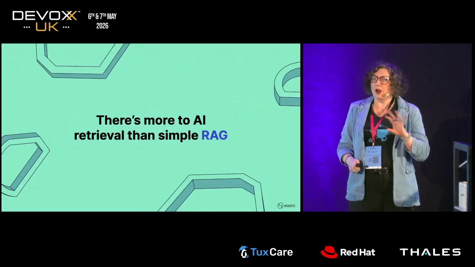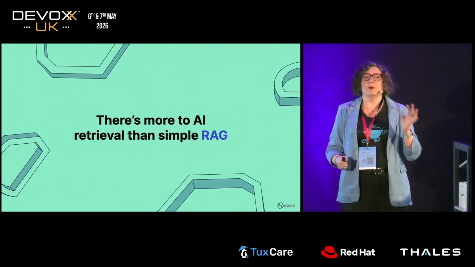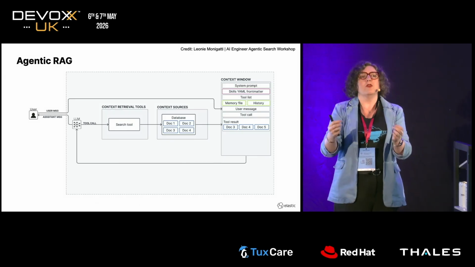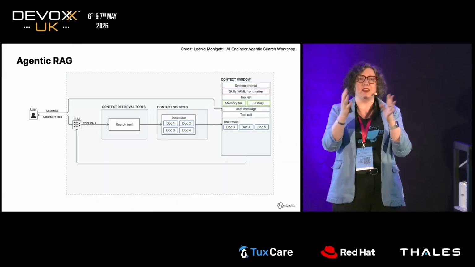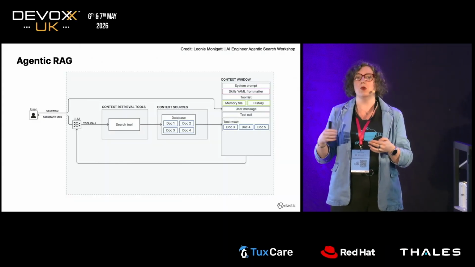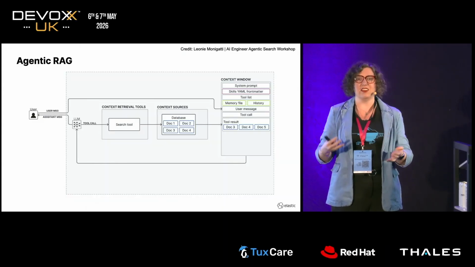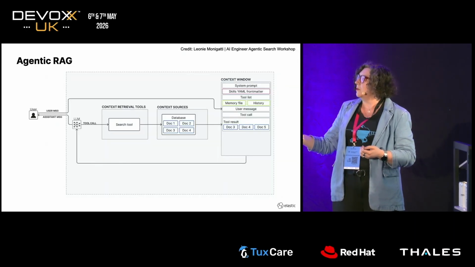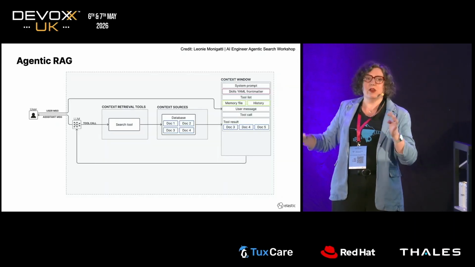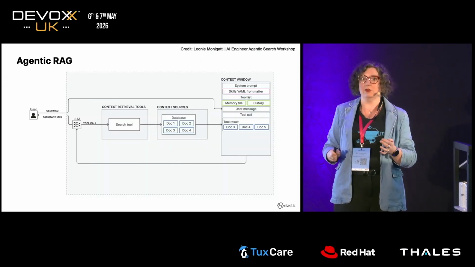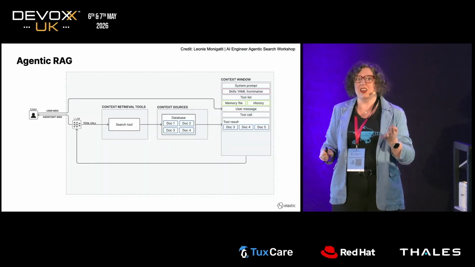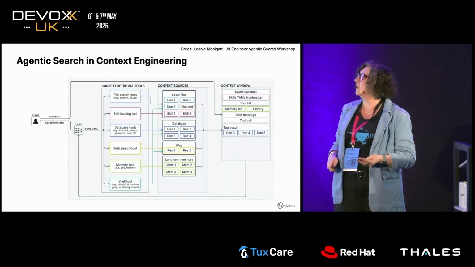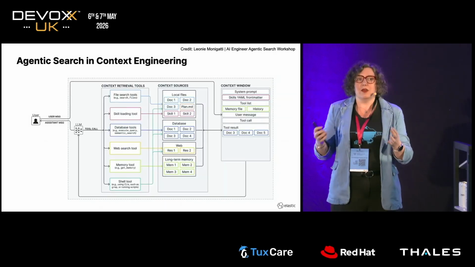Now, RAG is changing and evolving. It's not just about this fixed pipeline anymore, because with agentic RAG, we move away from the notion of a fixed pipeline and into the notion of tools that can be called if the LLM says that it's necessary, and can also be called multiple times. So this is a simple search tool, which is basically pulling in the relevant documents that we're going to pass into our context. And it can do this potentially multiple times, or even none if it's considered to be not important. But it's not just about search anymore.